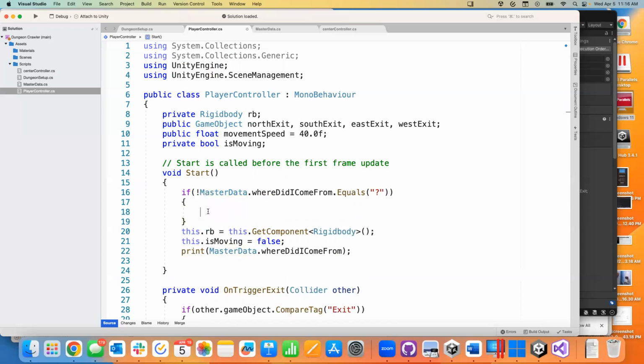If that is not true, all right. So if it's not true that master data, where did it come from, is a question mark, then